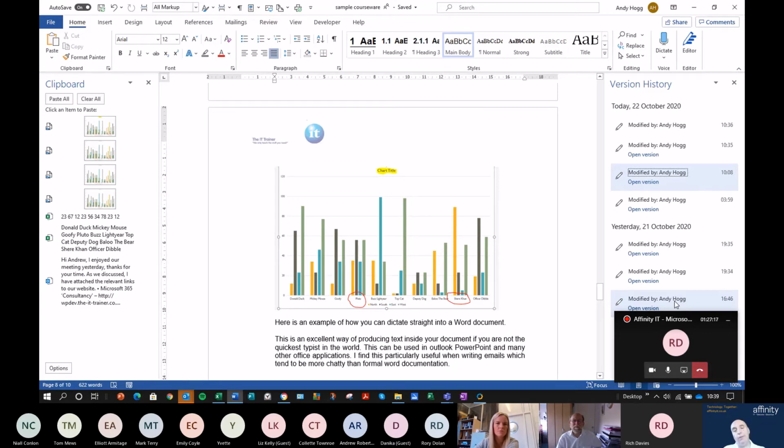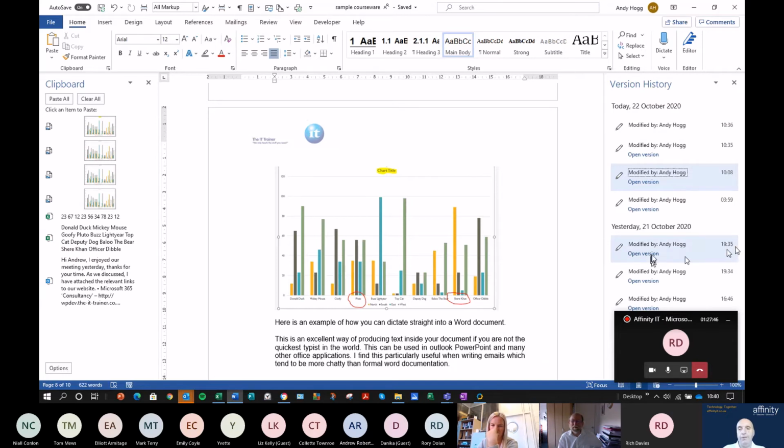Now, outside of the scope, we could talk in detail about SharePoint and OneDrive and where all these things are stored, but Version History still works on those particular ways of storing your documentation, whereas it doesn't work on things like Dropbox and whatever. As you can see here, I made 4 changes to this document today, and I made 3 changes the day before. But the beauty is, if I clicked any of these here, I could go back and open the